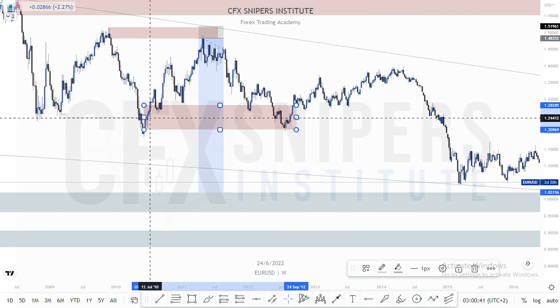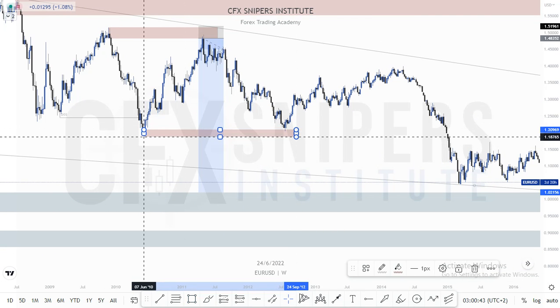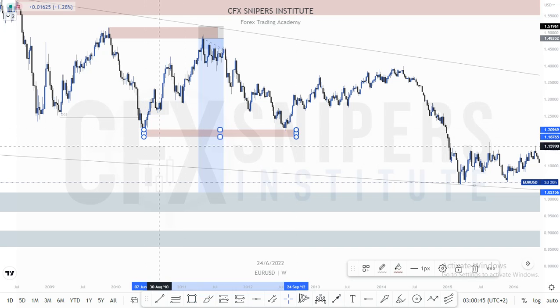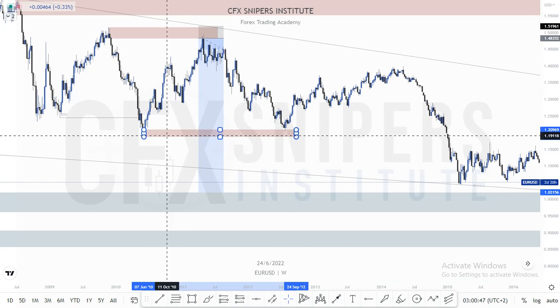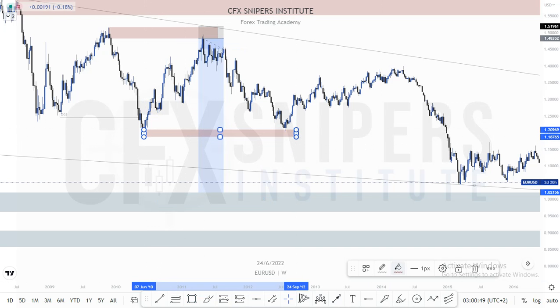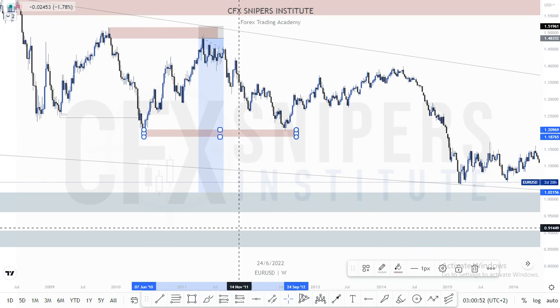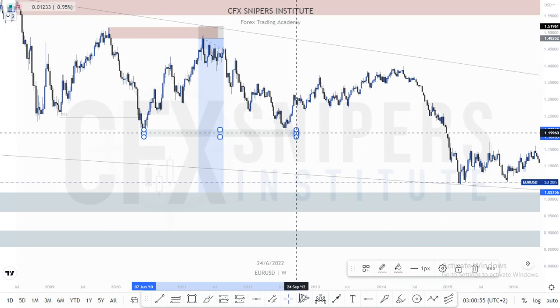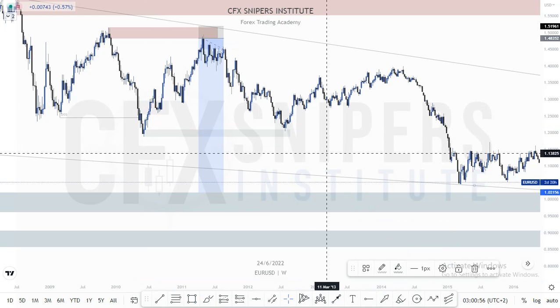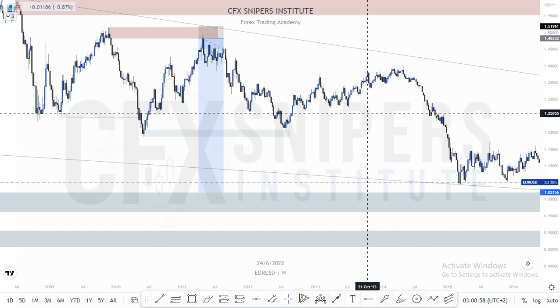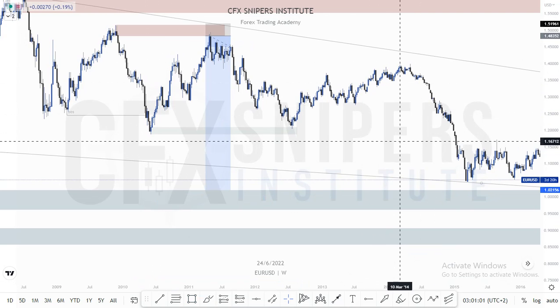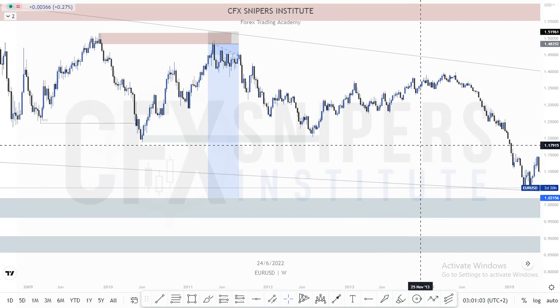Simply because this zone achieved nothing. It didn't break any major structure. So it was just a place where we were waiting for a pullback so we can keep selling for a continuation. For example,